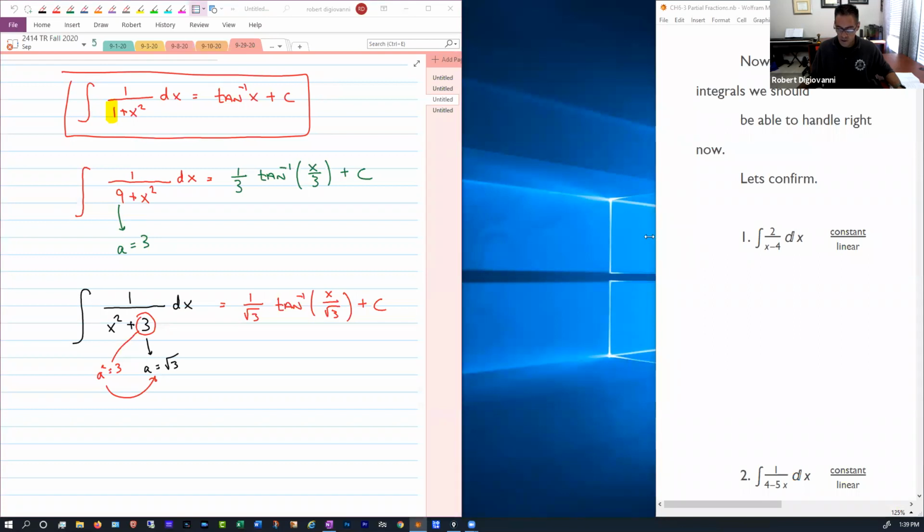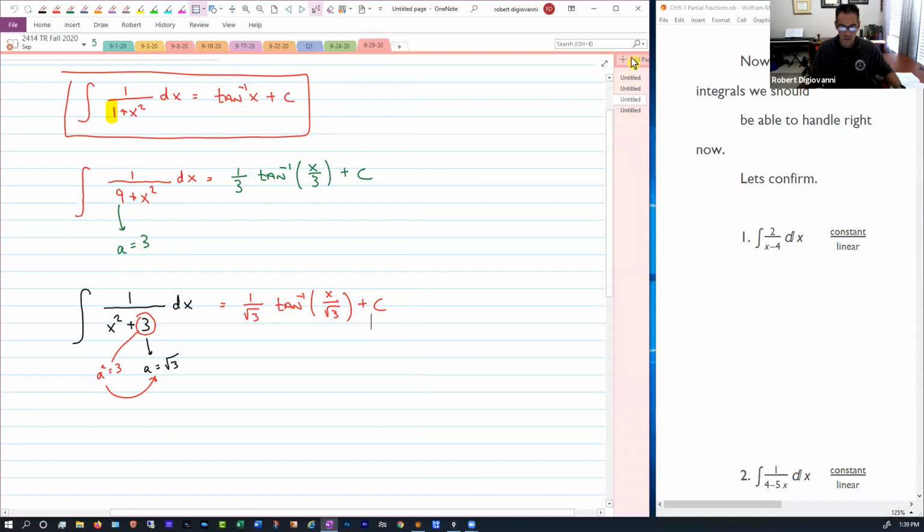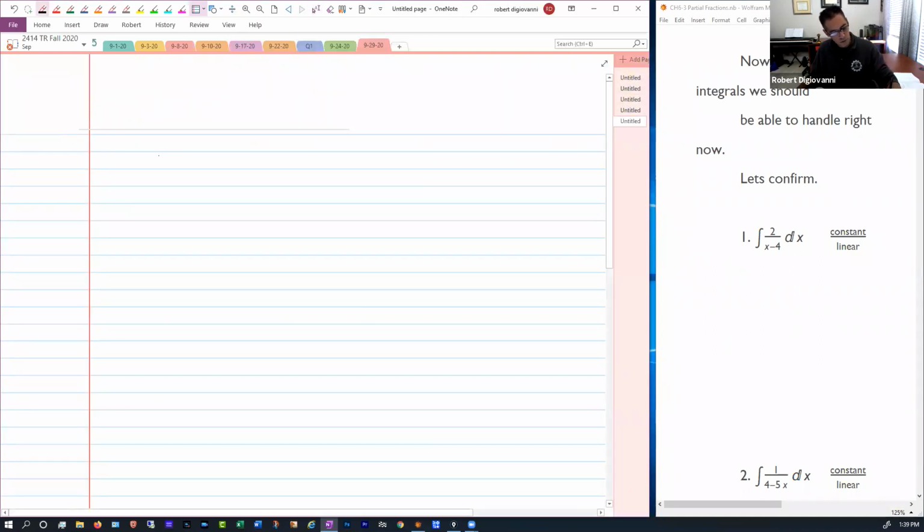We want to make sure that we're all comfortable with an integral that involves a constant on top, constant being any number other than 0, over a linear expression. We should all be able to do that. For example, if we have 2 over x minus 4 dx,